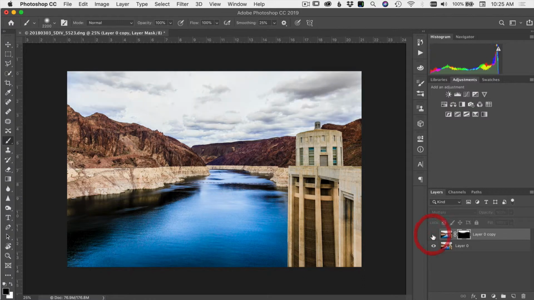And turn your layer on and off, and you can see the difference that the multiply layer style is making on our image here. So there you go, super easy, really helpful tip to preview your layer blend modes